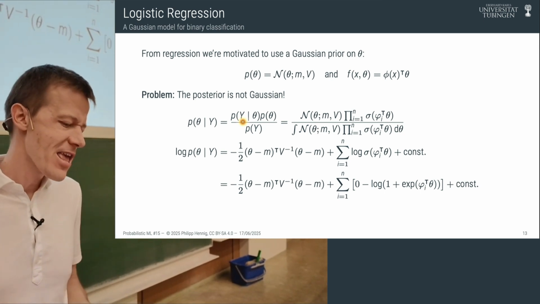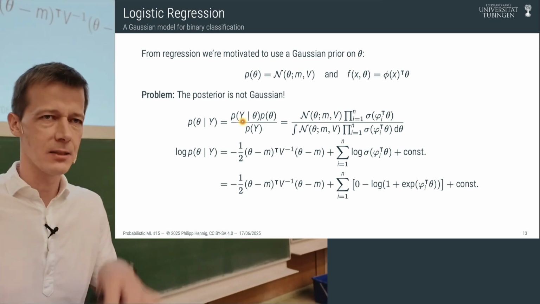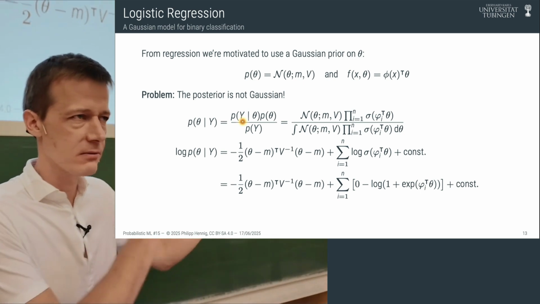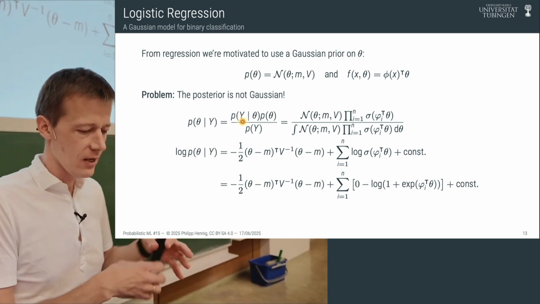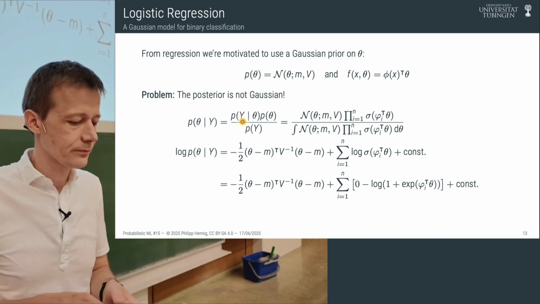And so it's not going to work anymore in closed form. We're not going to be able to just multiply a Gaussian with a Gaussian, make use of all these great properties of Gaussians, and then somehow everything pops out automatically. We'll have to be a little bit more careful. So